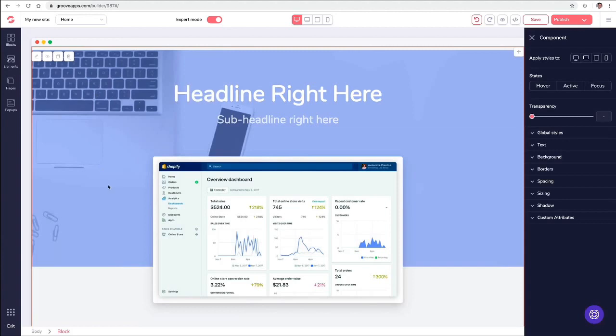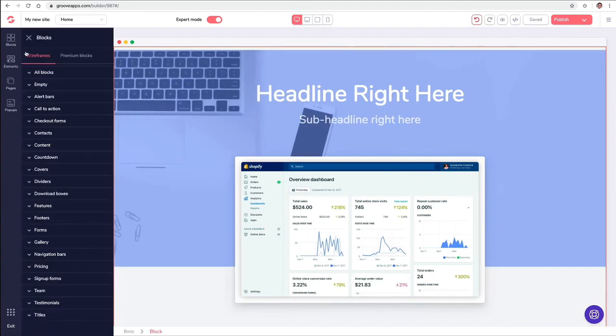I'm going to delete this in just a minute, but basically I want to talk to you about our design philosophy with this. Now, GroovePages is a powerful yet easy to use visual page, website, and funnel design tool. And it's built with the philosophy of simplicity. We want to deliver a truly visual design experience that lets you create fully functional web pages, funnels, and sites without having to write any code. Now, GroovePages works on the concept of stacking predefined block sections to build fully coded and hosted web pages incredibly fast and easy. It's actually very natural and intuitive. So our design philosophy is to allow you to find everything that you need here